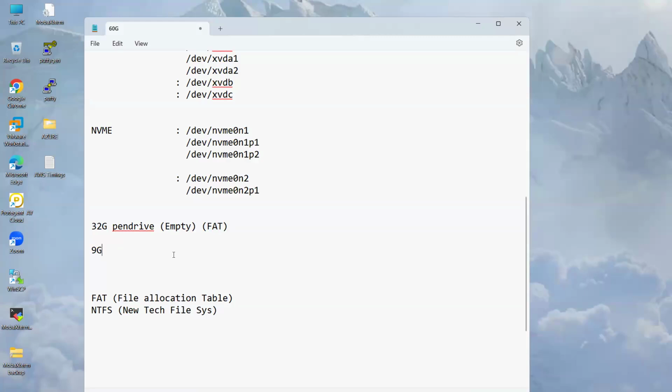One file size is more than 2 GB. That's why sometimes you will get the error message "file system too large." What is the meaning? We are trying to copy one big file, and that big file size is 9 GB. But the FAT file system accepts one single file size of only 2 GB. But in the same pen drive,